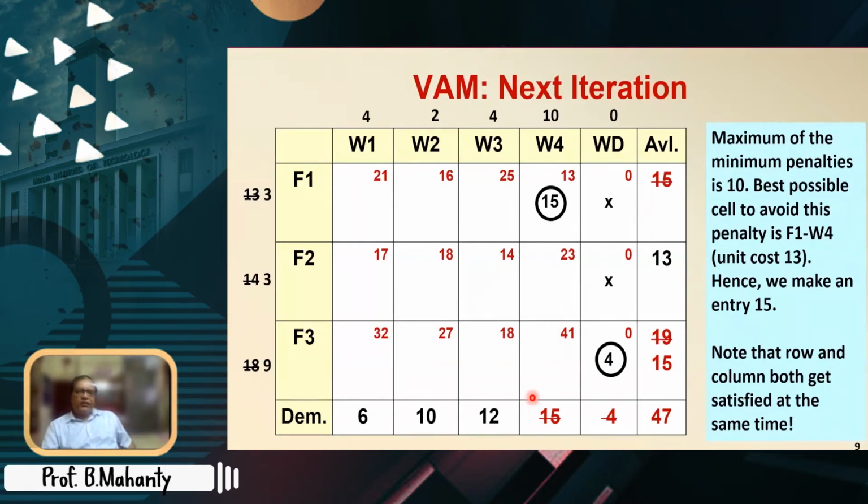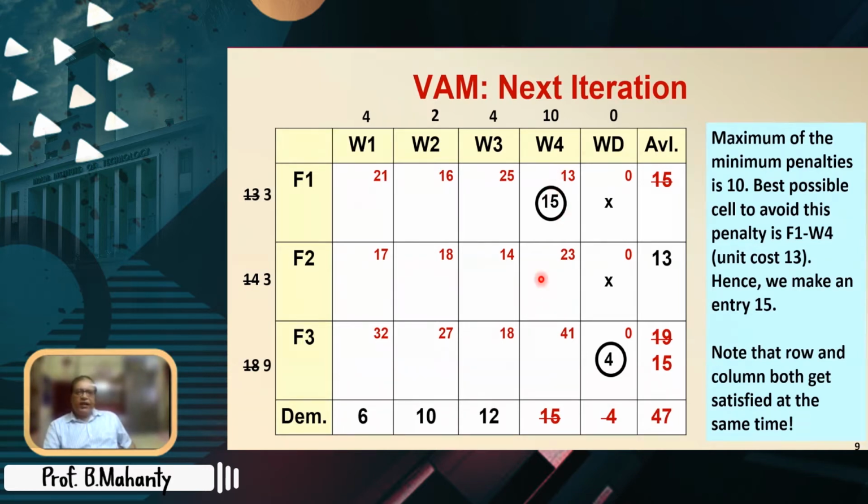What is that unique problem? There are 3 factories and there are 5 warehouses. So how many basic feasible solutions are you expecting? 4? Not 4. 3 plus 4? Minus 1? So 7, not 7. See, I'm sorry, 3 plus 5. There are 3 factories and there are 5 warehouses. So 3 plus 5 minus 1. That means 8 minus 1, that is 7 basic feasible solutions, or 7 basic variables